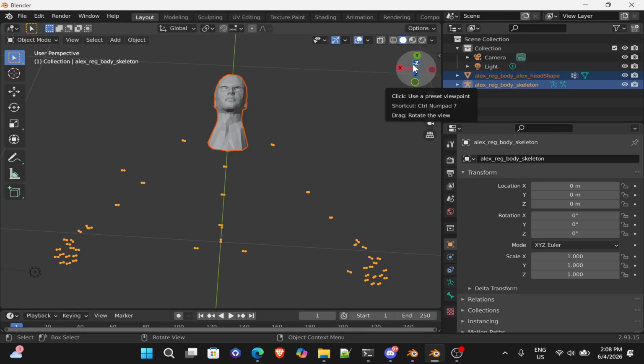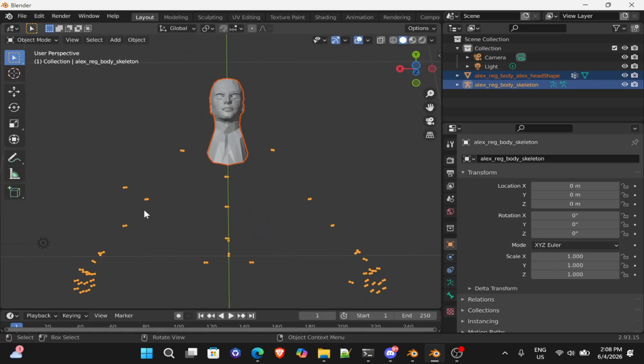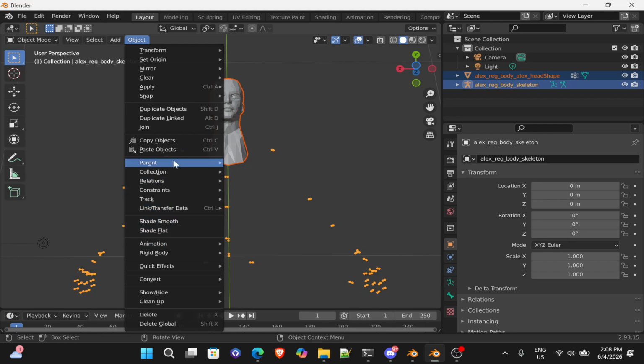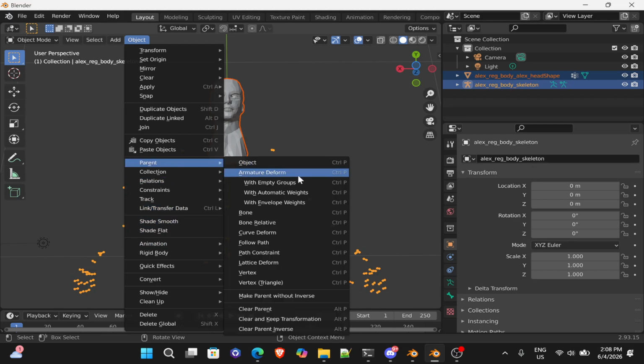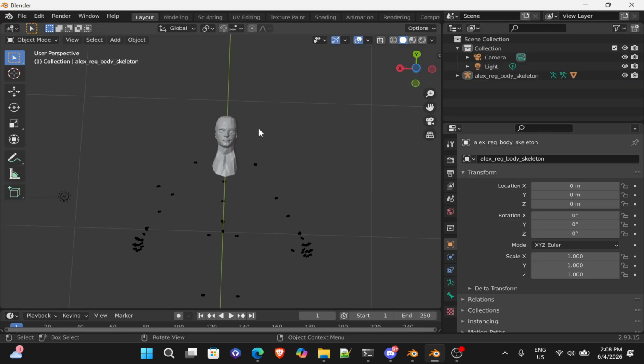It's a very important part in the process, all right? The last active part. You want to go to object, you want to click parent, armature deform. And after that, once you finish this, you want to go to